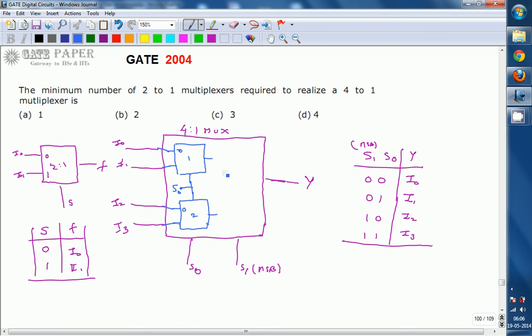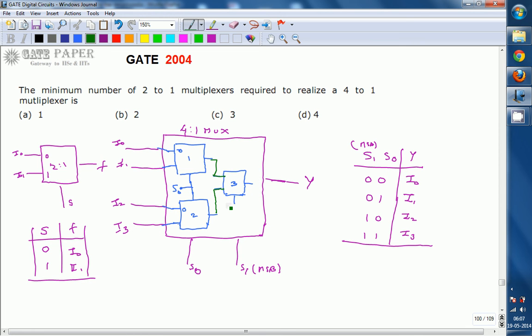So we require one more multiplexer over here, because we require a single output, but with the two multiplexers at the input level you are getting two outputs. A 4 to 1 multiplexer requires only a single output. So for that we will use one more 2 to 1 multiplexer, the third one, which will have two inputs, one select line and one output. The output of the first multiplexer is connected to one input of the third multiplexer, and the other input of the third multiplexer is connected to the output of the second multiplexer.